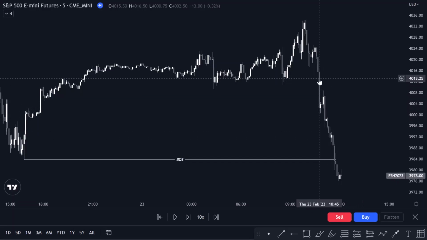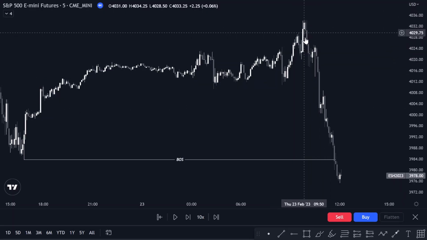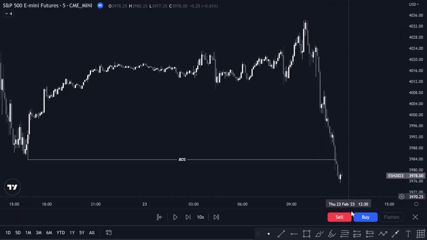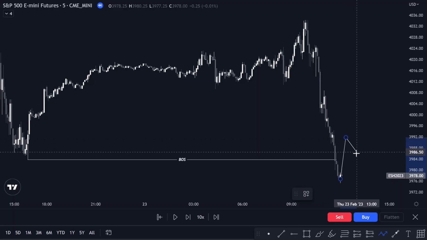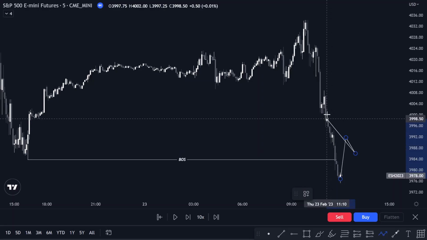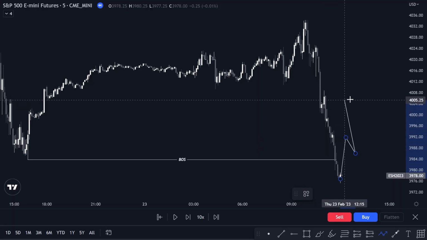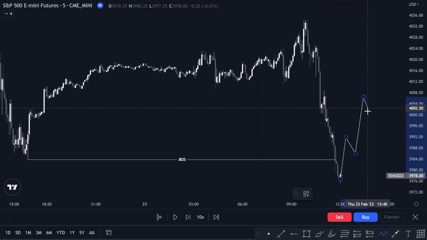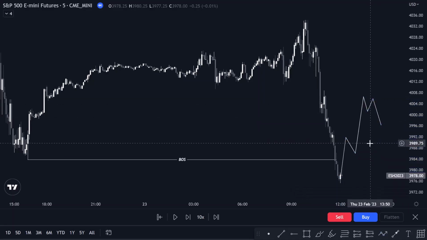We have this one, this one, this one, then we have this one, the fair value gap. There are a lot of people who, when price reacts here, will immediately enter, which is very wrong. Or it's going to go here and then have a reaction, a market structure shift, and they'll also enter, which is